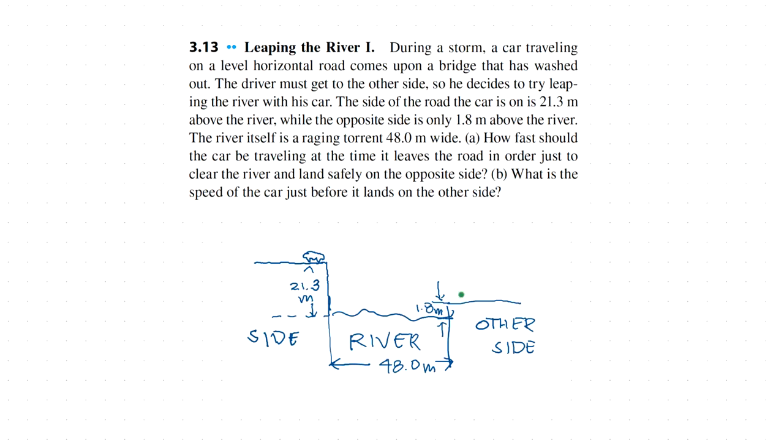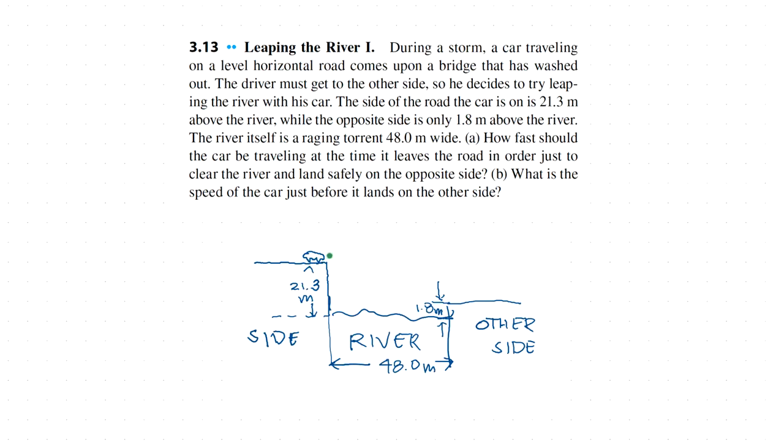So however, kailangan nating malaman gaano kabilis dapat yung initial velocity ng car para makatawid siya, hindi siya mahulog doon sa river. Medyo silly yung question pero it can happen, no? And kung nanonood kayo ng sci-fi, madalas nangyayari yan. So, kailangan merong initial velocity para makarating ka dun sa other side.